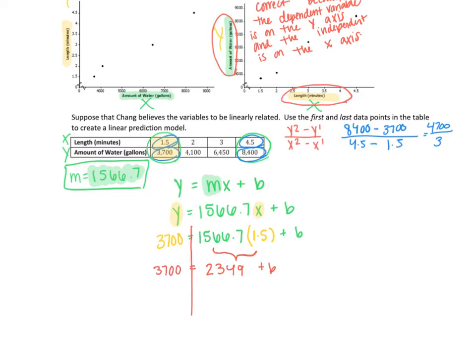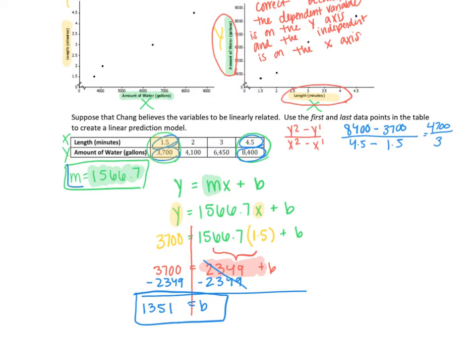From there I want to get b completely by itself. Right now it has plus 2,349 beside it, so I'm going to do the opposite of that. I'm going to take away that number, and I'm going to do it to both sides. Okay. Over here it cancels, and I'm just left with b. Over here, 3,700 minus 2,349 is 1,351. Okay, so I now have my b value, and I had my m value already, so I can write